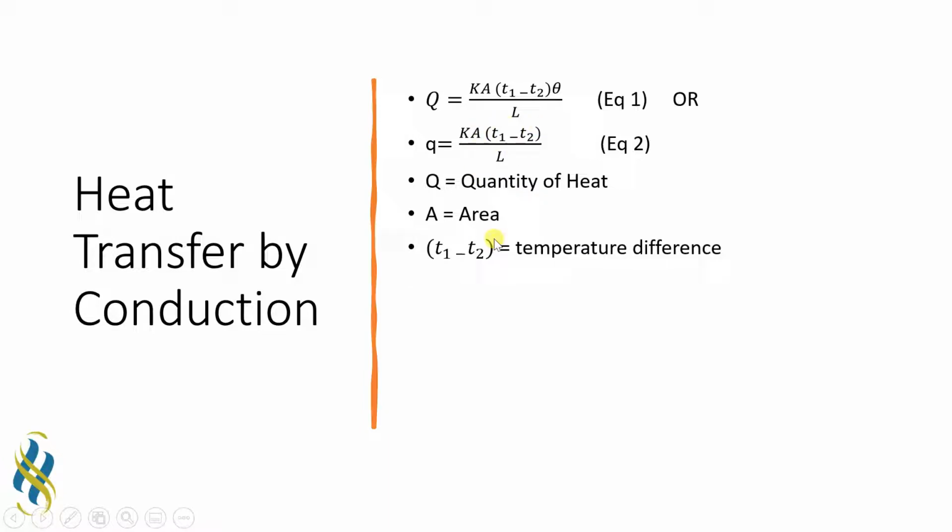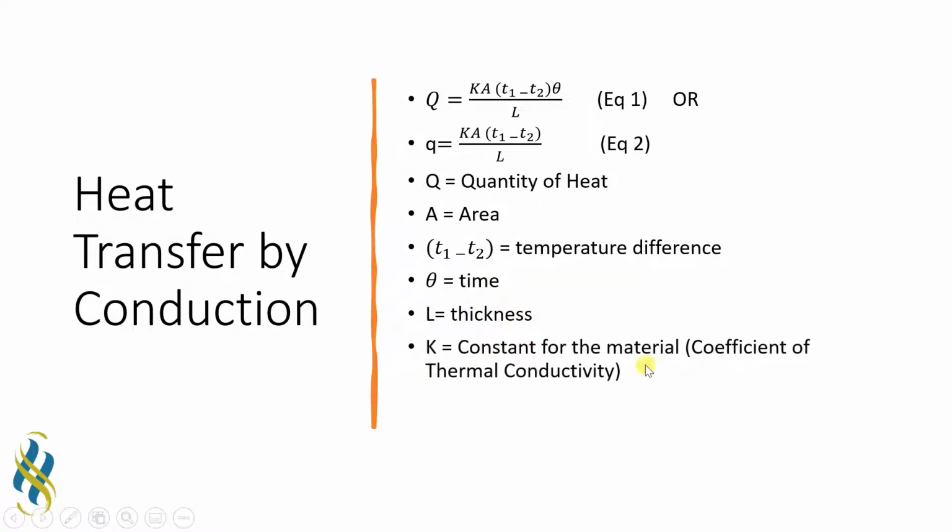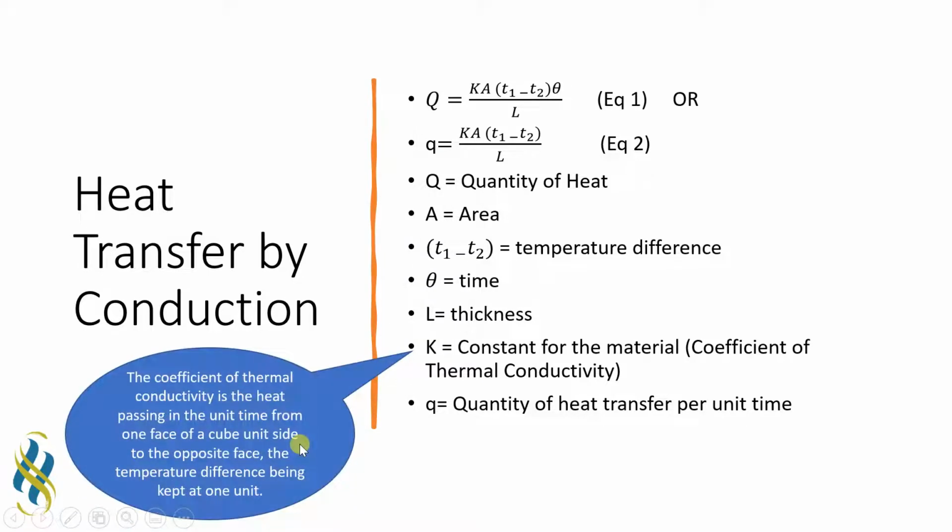T1 minus T2 is the temperature difference, theta is time, L is the thickness, and K is the constant of the material, which is also known as the coefficient of thermal conductivity, and small q, which is used here in this equation, is the quantity of heat transfer per unit time. The constant K, which is the characteristic of any material, is known as the coefficient of thermal conductivity, and it can be defined